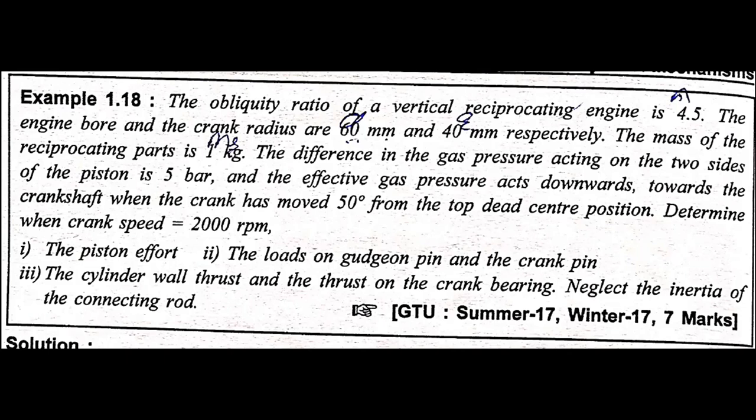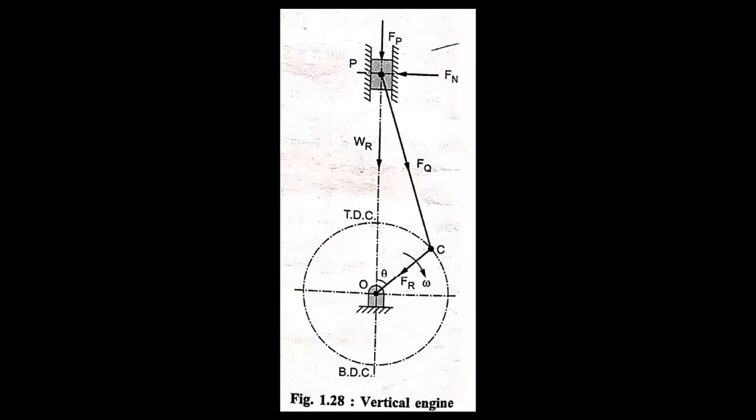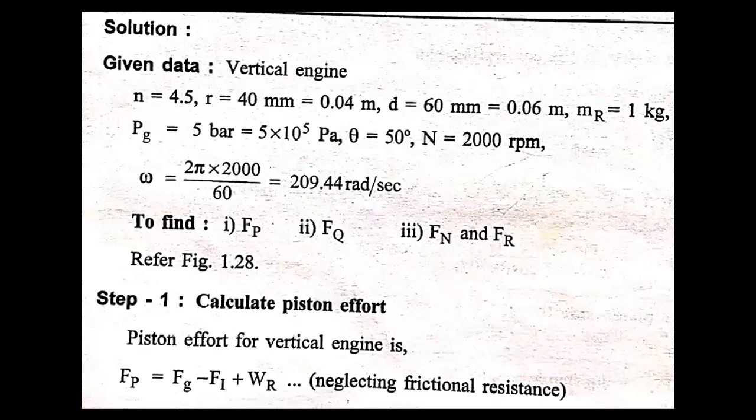Then the cylinder wall thrust and the thrust on the crank bearing, neglecting the inertia of the connecting rod. First of all, we have to draw one figure that shows the piston, their connecting rod, and the TDC and BDC of the crank. So the values of the given data are n is equal to 4.5, r is equal to 40 mm, that means